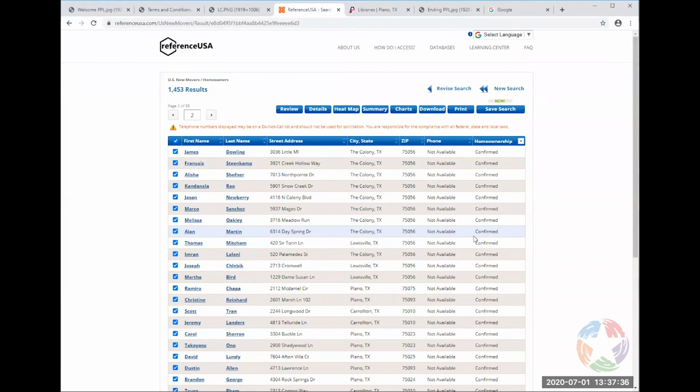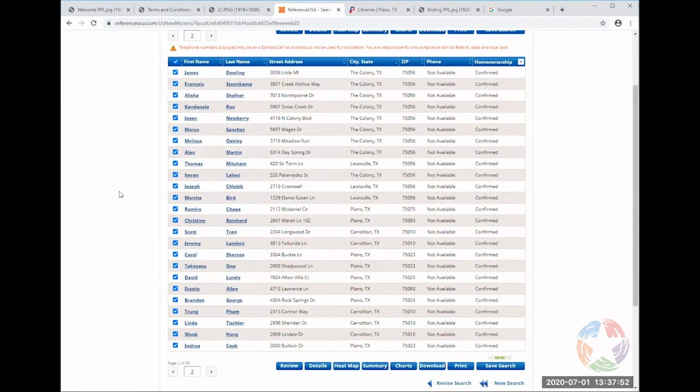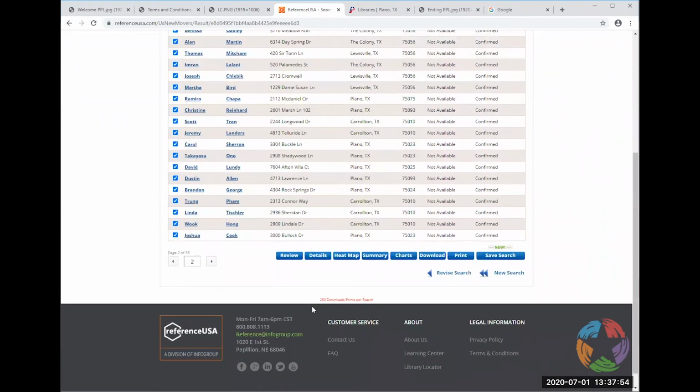We had a question: does it save search by page only? I said it can only print one page at a time, but if you save it, no, it will save. Very good question. If you look down here at the bottom, in really tiny print, you can do 250 downloads. It says prints, but it doesn't.